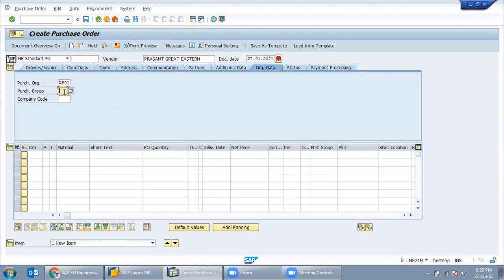What is the purchasing group? AB1, that is Umesh. It will come, not an issue. Company code is AB00, right? See, the name Umesh is coming. The responsible person is Umesh for this purchase order. The vendor has not been created in this company code, so you are going to create a vendor code. So now, Umesh, you understood why we created purchasing organization, purchasing group, and company code, how we create them and how we assign them to the company code.